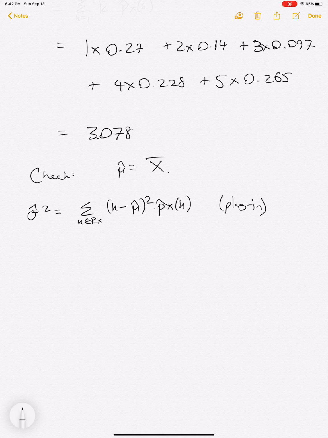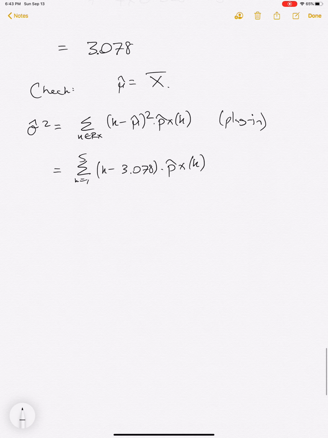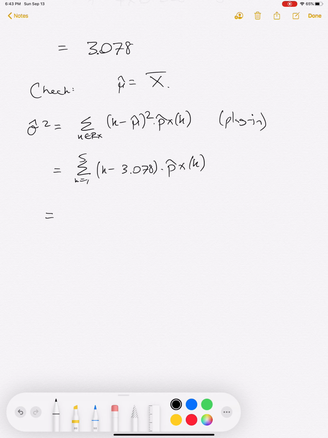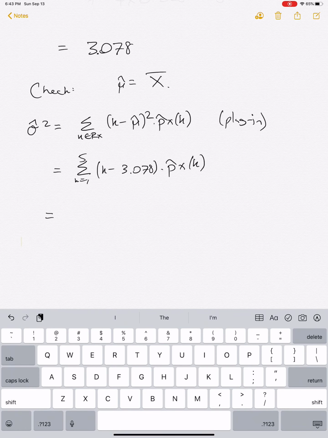Once again, this is a simple calculation to carry out, hopefully something that you can do on your calculator. I'm not going to write it out, but when I went through this calculation, this is something you can check. What I ended up with was